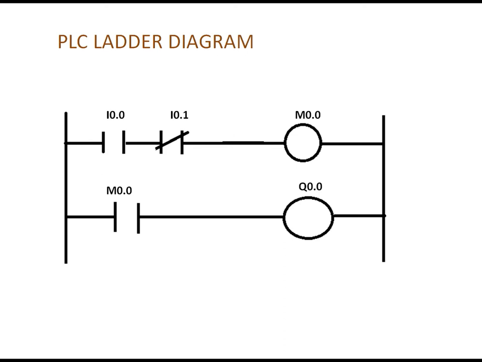Okay, see here, when you are writing this program in PLC, you may have different networks, one network and two networks also. I have given I0.0 as a start and I0.1 as a stop and M0.0 as a memory bit, and from the memory bit it is activated and your contactor coil is getting on. Okay, so this is your ladder diagram, guys.